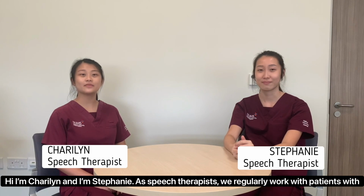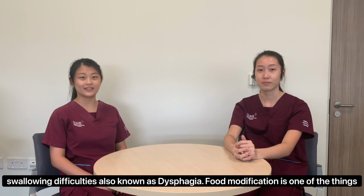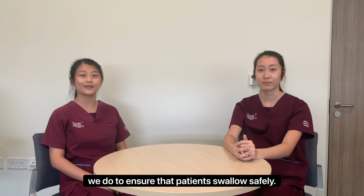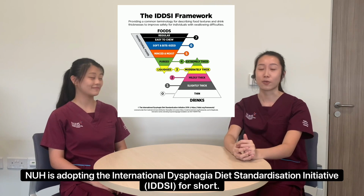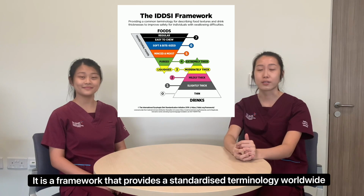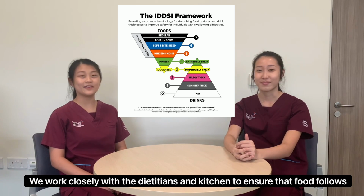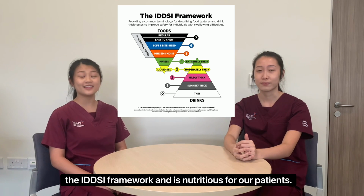As speech therapists, we regularly work with patients with swallowing difficulties, also known as dysphagia. Food modification is one of the things we do to ensure that patients swallow safely. NUH is adopting the International Dysphagia Diet Standardization Initiative, IDDSI for short. It's a framework that provides a standardized terminology worldwide to describe food textures and drink thickness. We work closely with the dietitian in the kitchen to ensure that food follows the IDDSI framework and is nutritious for